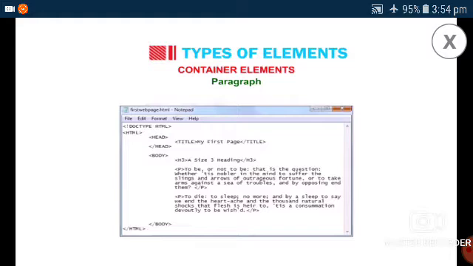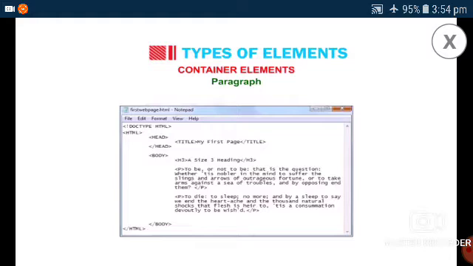Like that, in every tag, open the tag P and after that close the tag, and the end tag uses a backslash. Each and every tag must be closed.